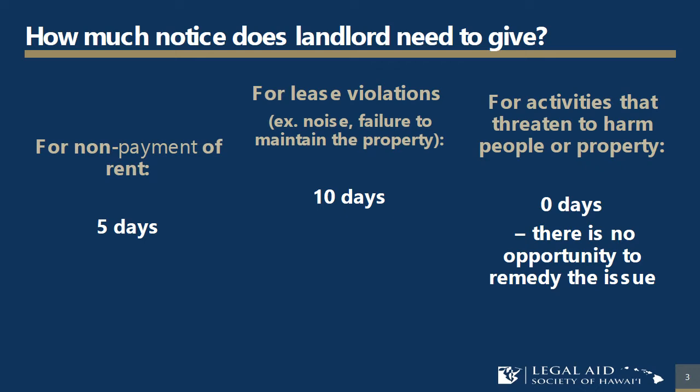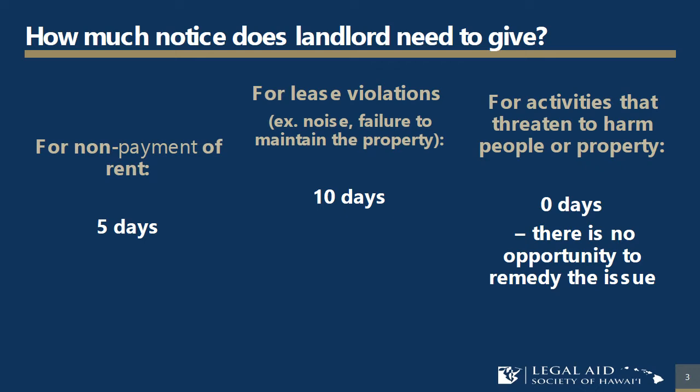The law requires landlords to follow certain rules about how much notice tenants are given. To evict a tenant for non-payment of rent, the landlord must give a 5-day notice. This means the tenant has 5 days to pay the owed rent before the eviction can start. To evict a tenant for other lease violations, such as noise issues or failure to maintain the property, the landlord must give the tenant at least 10 days notice. The tenant has the opportunity to fix the issue in those 10 days before the landlord can start the eviction